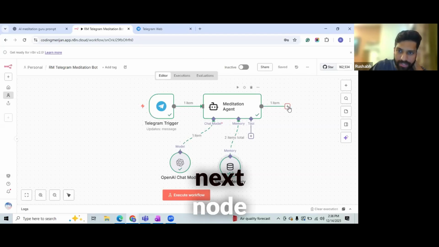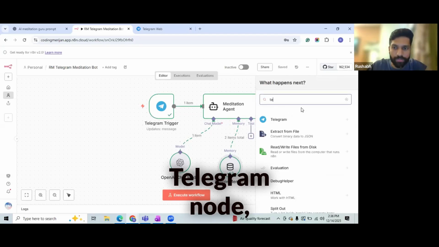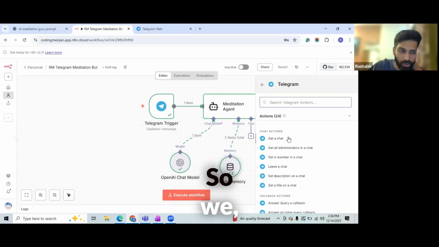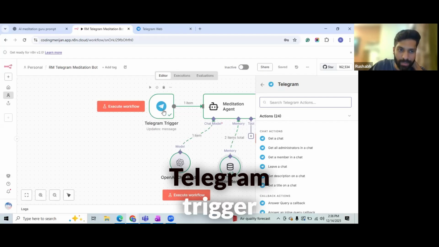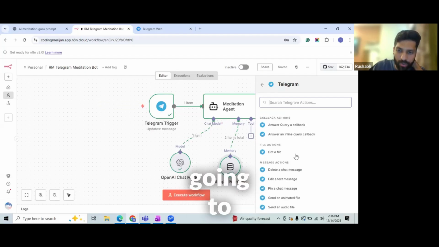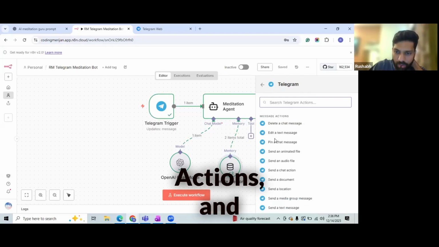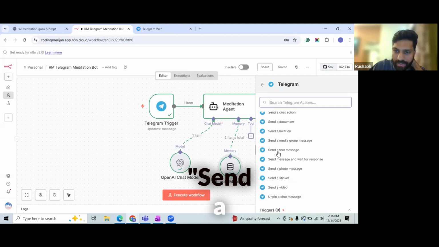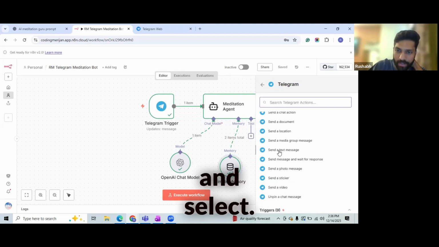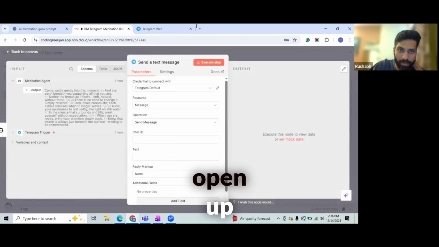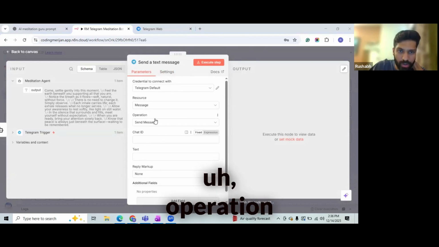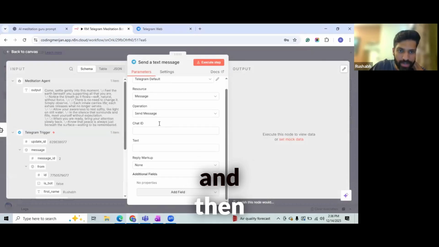And it should be like a conversation. So for that, the next node is again going to be a Telegram node, but a slightly different action. Initially we selected the Telegram trigger, on message. Now we are going to go down under message actions, and there'll be an option that says send a text message. This is what we want to select. Make sure you do that, and it'll open up another Telegram node like this, where your credential will be set up, your resource will be message, your operation will be send message,